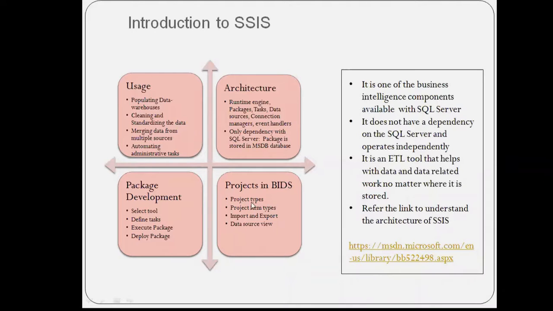So here you have to define the different project types. You would have already understood what the different project types we have. The three components we have are SSIS, SSRS, and SSAS. When you are creating a new project, you have to specify which kind of project you are doing. So when we are working on SSIS, then we'll create an SSIS project. What are the different project item types, like the solutions, the packages, all these things we'll be seeing. I'll take you through. Then the import and export wizard.